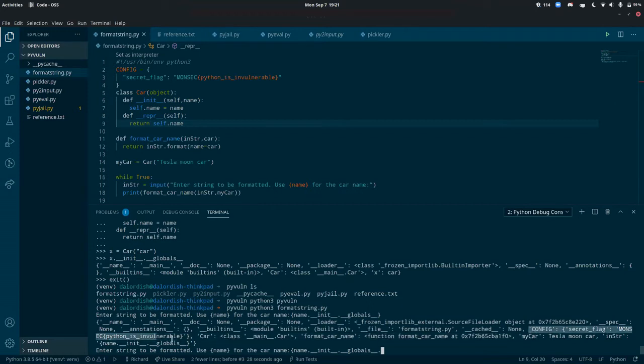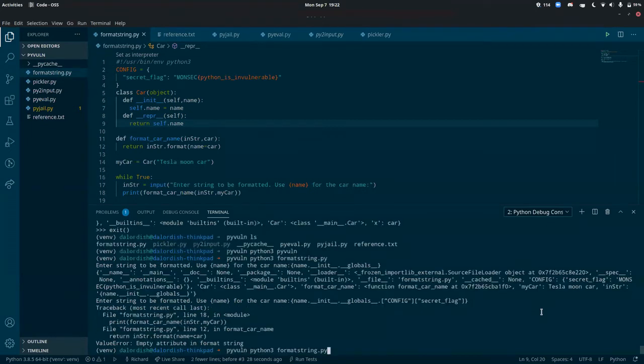Now, it turns out that this is actually just printing it out straight, and at this point you have the flag, but if you wanted to be neat about it, you could access it just like a dictionary in Python. So config and secret_flag. Oh, well, I messed up somewhere there, but you get the point.